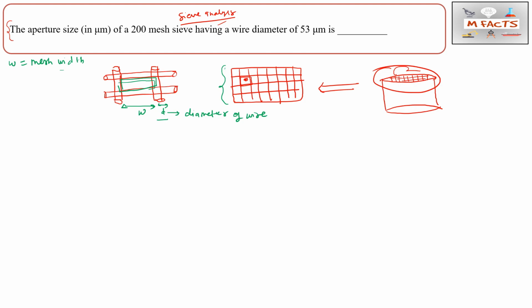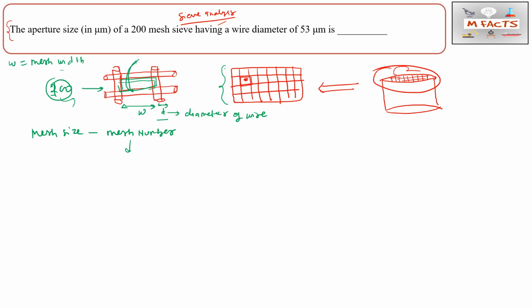Okay, so what is the mesh size? I will tell you again what the mesh size is. Mesh size may be defined as the mesh number. And what is the mesh number? Mesh number is the size of the particle that can be passed through this opening. Suppose the mesh size of this opening is 100, so you can pass only 100 mesh size particles through these openings. Above this mesh size you cannot pass through this sieve. This is the mesh number only.